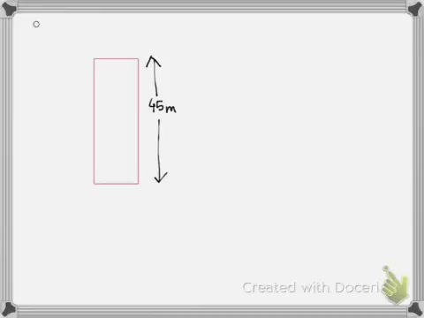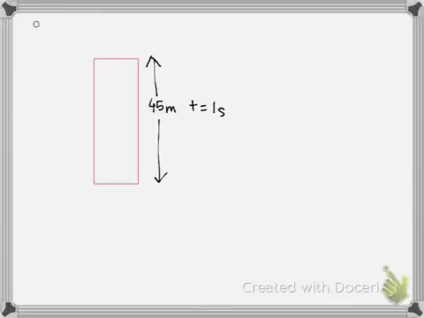A freely falling particle covers a building of height 45 meter. Let's say this is a building and we are given that this height here is 45 meter. Now a freely falling particle covers a building of 45 meter height in 1 second. So the time that is given to us is equal to 1 second. Find the height of the point from where the particle was released.